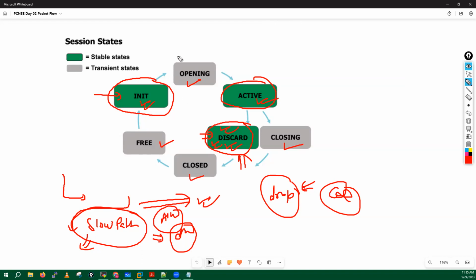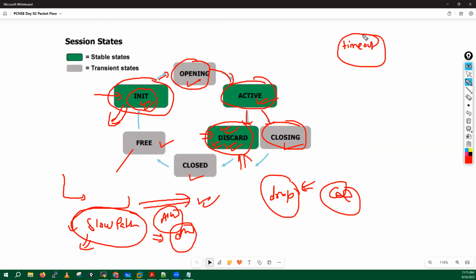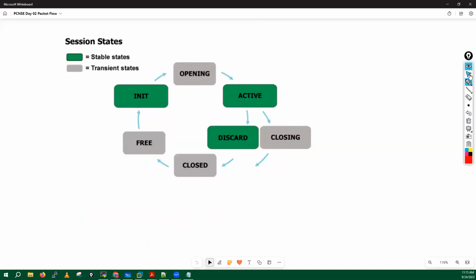Okay. And in your slow path, after initializing, your session goes into an opening state. Then active state. Now from active, your session goes either to discard or closing state. This closing state comes because every session has a timeout value. We have TCP connection timeout values, UDP connection timeout values, ICMP connection timeout values, right? According to these values, it will go into a closing state, then closed state, and after that your session will go into a free state, meaning that session ID will go back to the